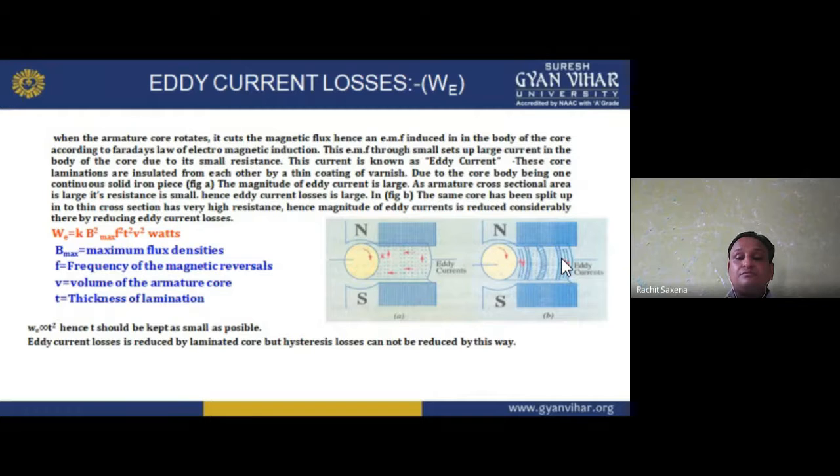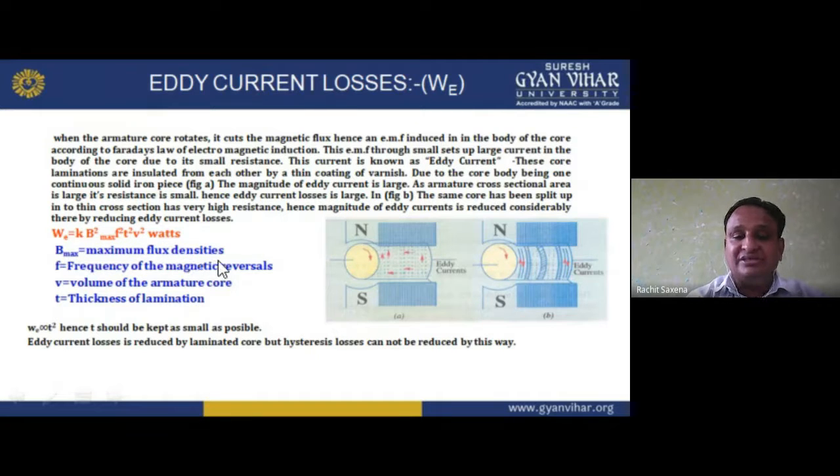I hope you understand this thing. So we can do this thing. Okay, splitting by using the lamination. It is not splitting here, but here it is splitting. Now the value we can find, that is K V square maximum F square T square V square watts, where